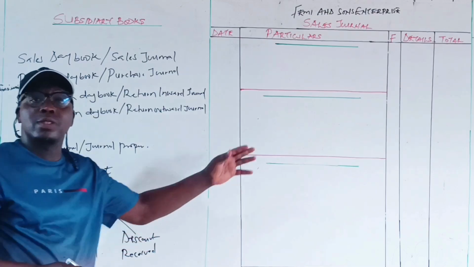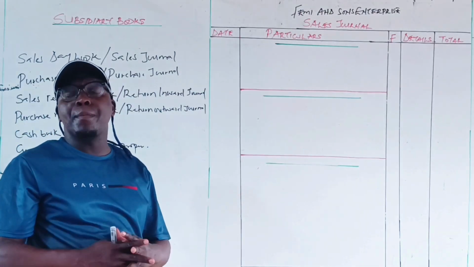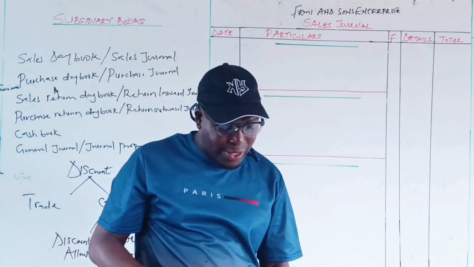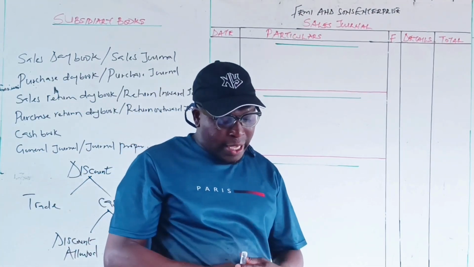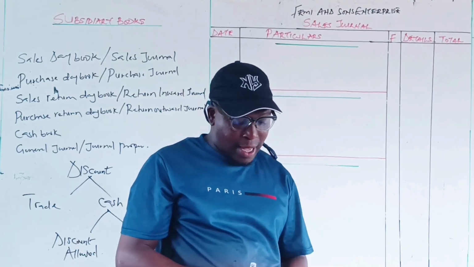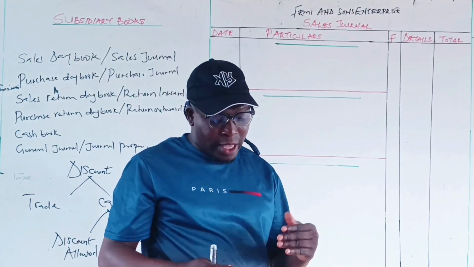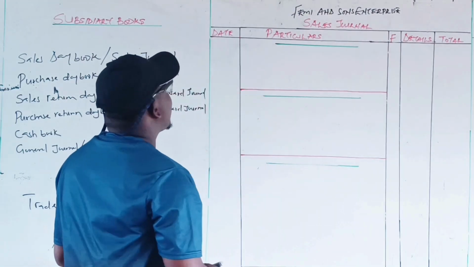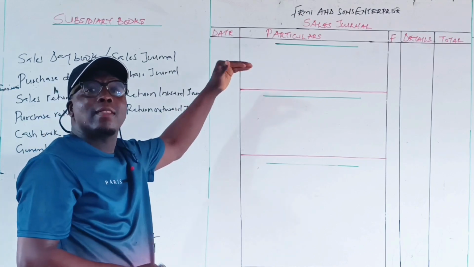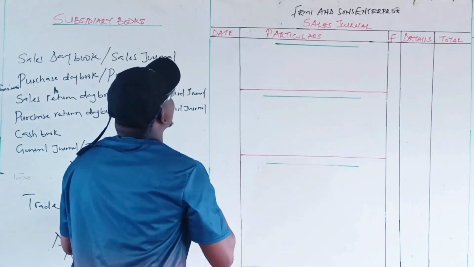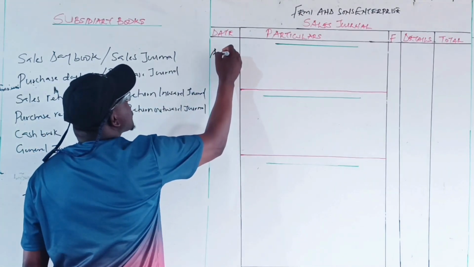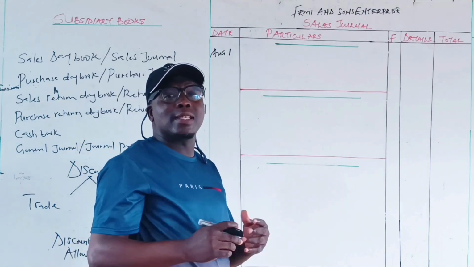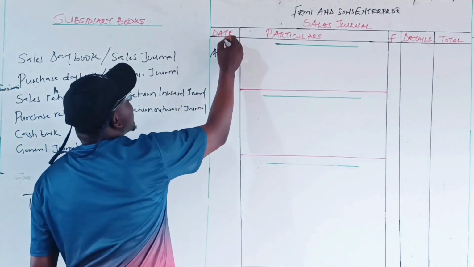But in the tables, the sales table will be making use of the trade discount. So in this case, we have in our question trade discounts given to showroom at 10% and trade discount given to Moiba at 15%. Looking at the question, the first thing you need to do under examination condition is to put the dates. So you add the August 1, which is when the transaction takes place. The year is